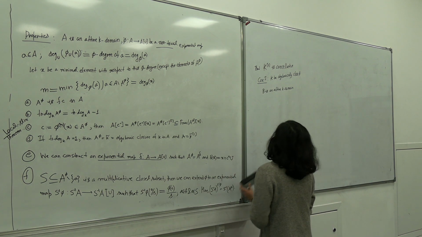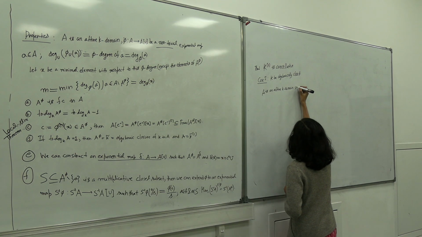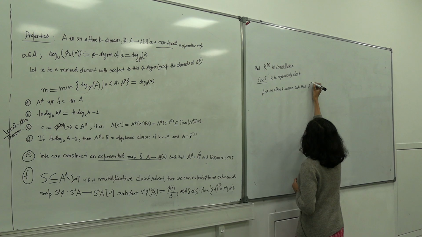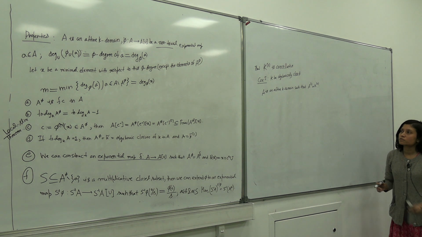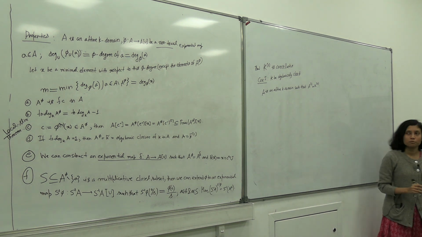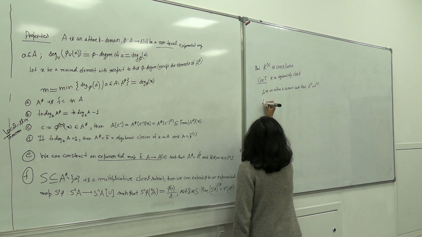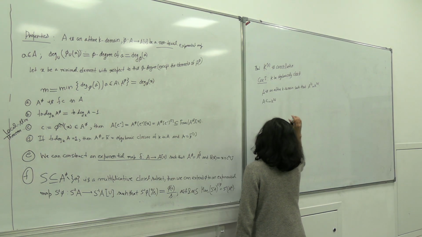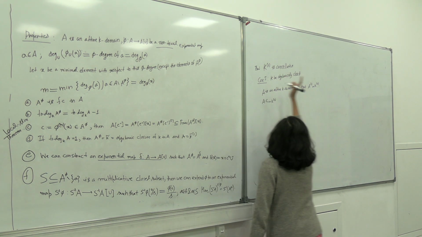Maybe I should transfer the notation to A. A is an affine K domain such that A of 1 is equal to K of 3. This is given, right? So we have to show that A is K2, and we have assumed K to be algebraically closed. So now we can consider A to be a subring of K3. Oh, sorry, there is another result. Wait. Okay, let me just, sorry.